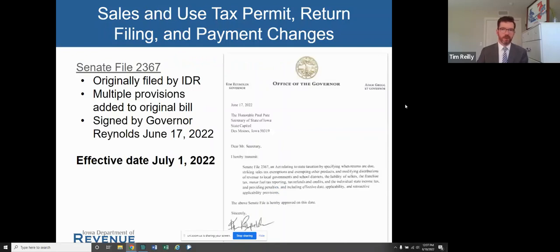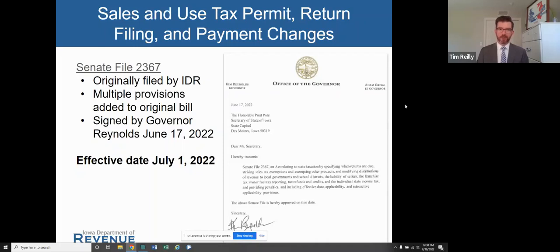This was part of a bill that the department proposed, and I was part of putting this proposal together. One of the main audiences that I thought would primarily benefit from all these changes was construction contractors, and so hopefully this makes life easier for everybody at the department and in the taxpaying community, and especially construction contractors. So as you can see here, it's a link to the bill.